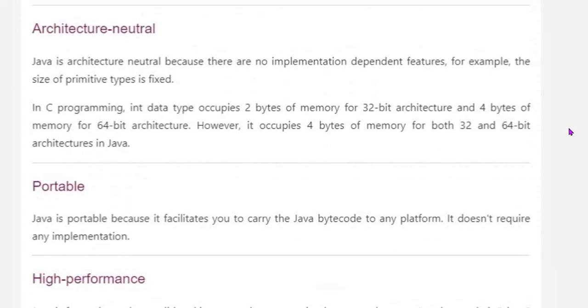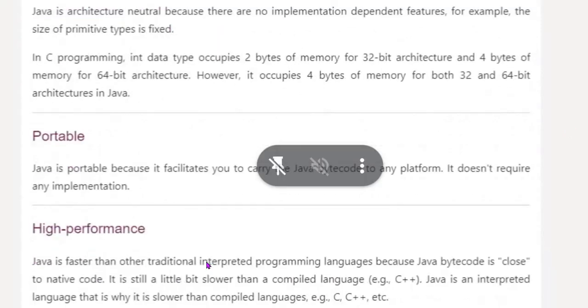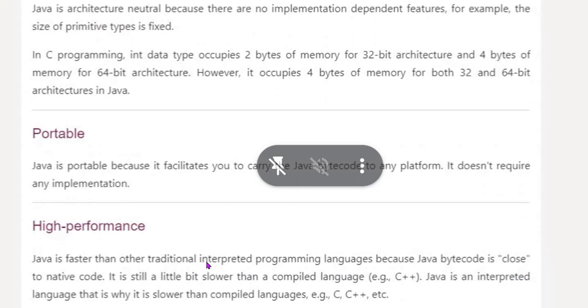This I understood, that it facilitates you to carry the Java bytecode to any platform. That bytecode does not require any implementation. So, like you said, it will be like a library that we can carry to any platform.